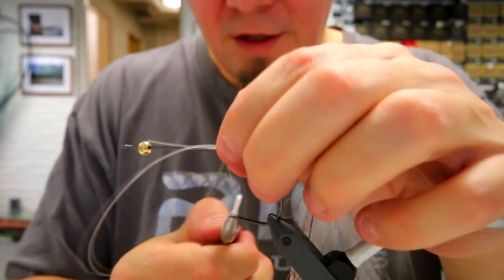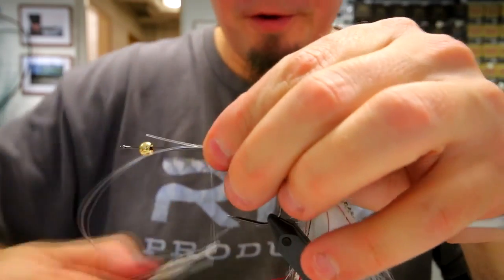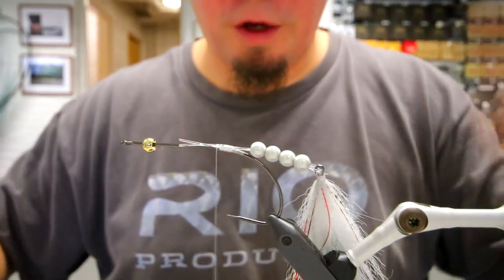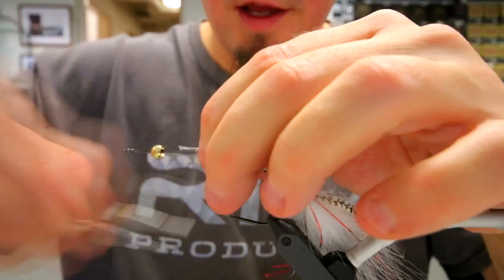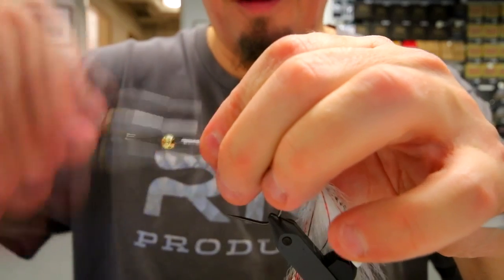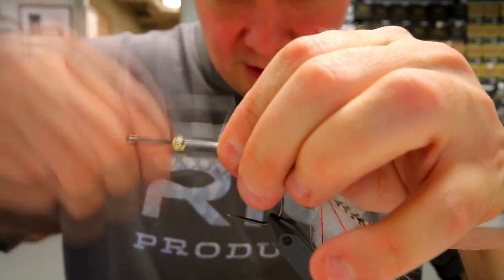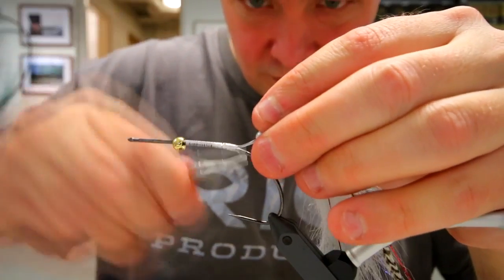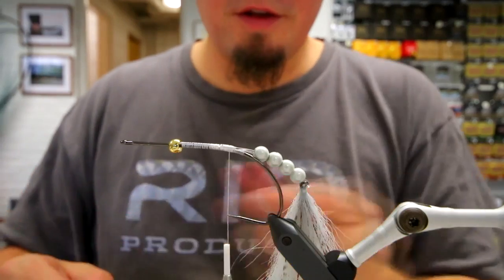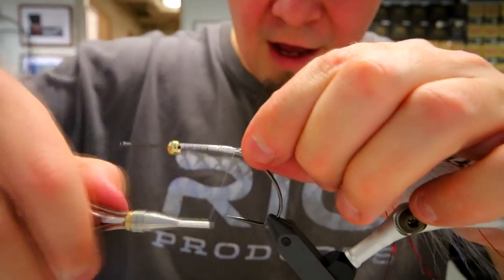So here you go, and then I really clamp down on that, and I use the nylon here. I'm gonna cut some of it off, but I'm gonna keep it about half the length of the hook here to give my fly a thicker tying down point, so my fly will be stronger and stuff like that. Like this. Like that. So now I have this hanging here, and because the nylon is so thick, it will hardly begin